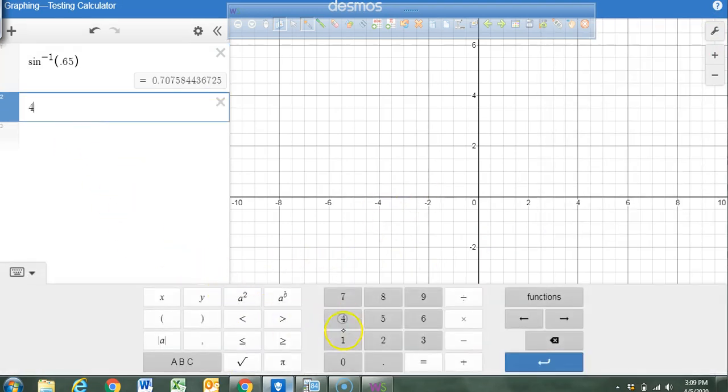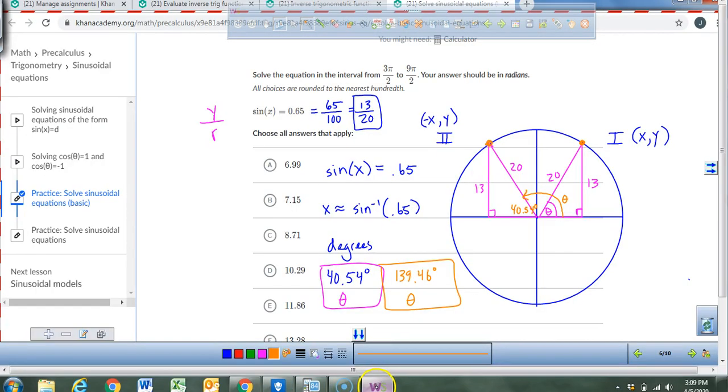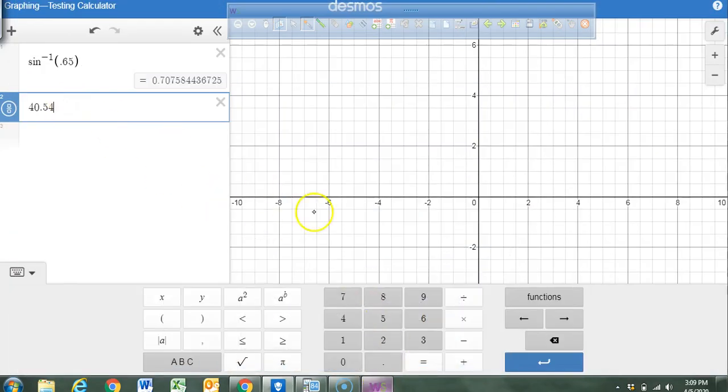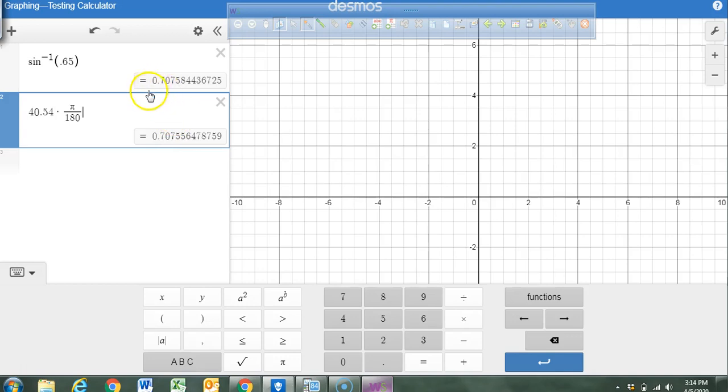You would take 40.54 and multiply it by pi divided by 180. So now we have our radians, which is 0.707. We could also take pi, which is 180, and we are going to take away this 0.7,